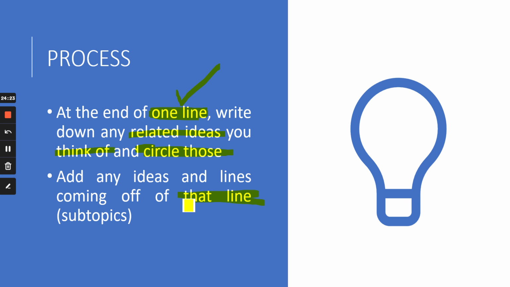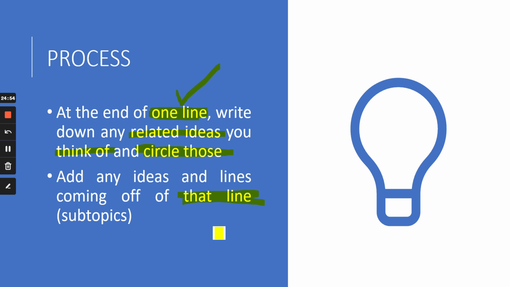For example, population. What are the problems of having a huge population? So population, I will keep it in a circle. I will draw 4 lines. On line number 1 I will write unemployment. I will circle it and I will write 1 or 2 lines. Why will unemployment be there if you have a huge population? Because there are more people than job opportunities. All right, so that is my idea to the idea, you can say.